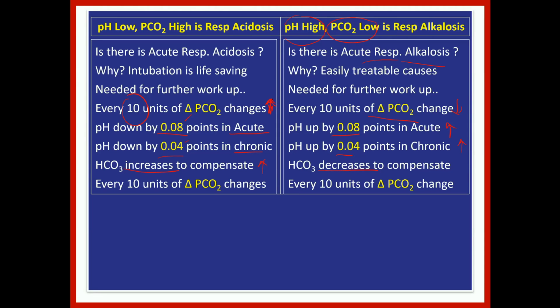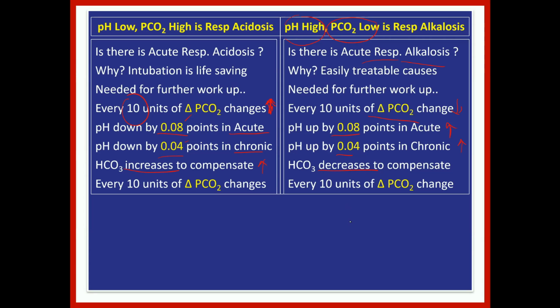Okay, we are not with respiratory acidosis when the pH is higher. When the pH is higher, there are two possibilities. Because we have seen in the previous slide that a pH higher than 7.4 could be acute respiratory alkalosis or chronic metabolic alkalosis. How do I know? Look at the PCO2. If the PCO2 is low and the pH is higher, both in the opposite direction, it is alkalosis and respiratory alkalosis.